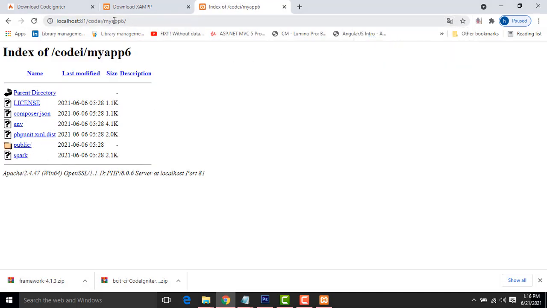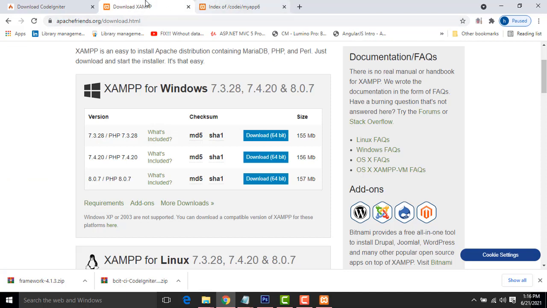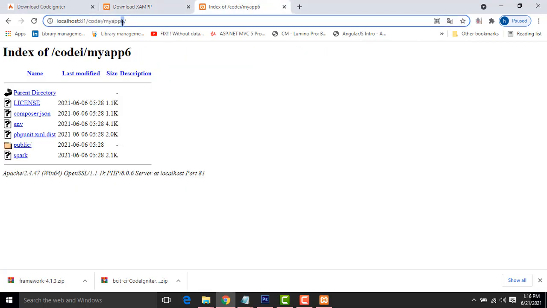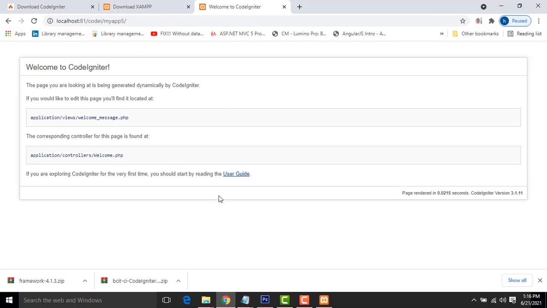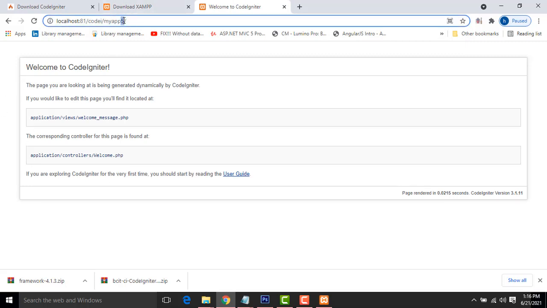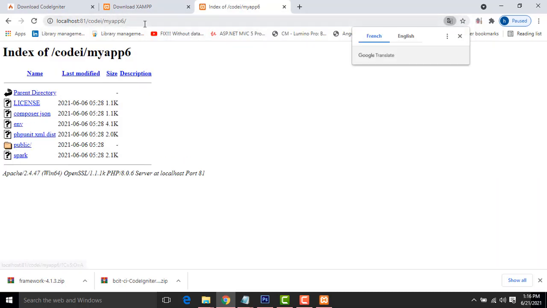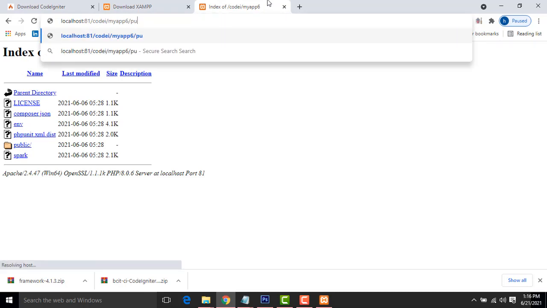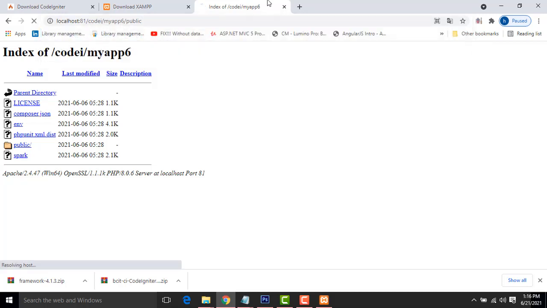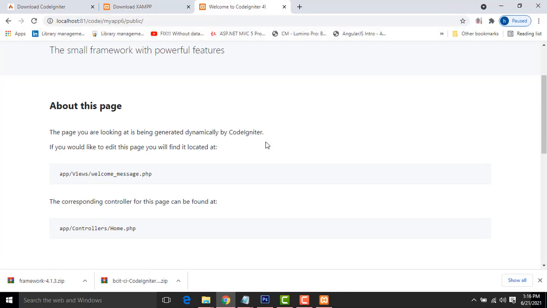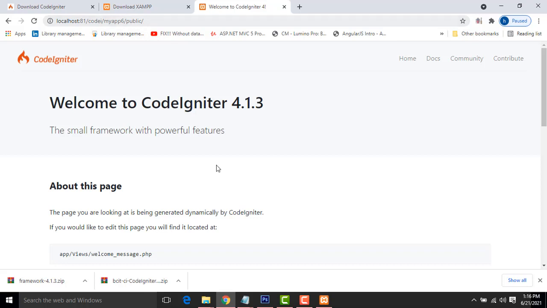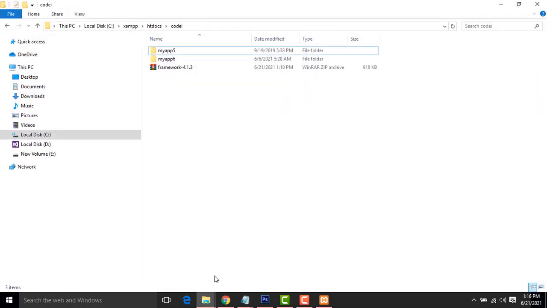Now in coordinator 3 you look at, if you put here 5, it will show the page here, right? But if it is coordinator 6, it won't show, because the main file is reside in the public folder. So the public folder is a folder where your index page is. So you have to type public, press enter key. Here this is your page, but your index page is reside in the public folder, right? So I showed why it looks like this for the output on coordinator 4. I showed you it is a coordinator 4 project, right?